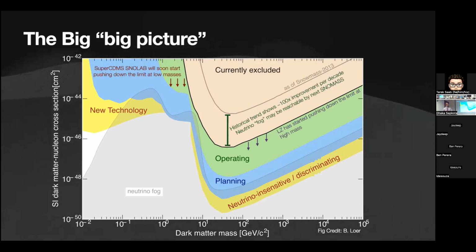I'm at the pessimistic end. This, by the way, 10 years ago, the same sort of process happened, and it shows you the rate at which the field has advanced per decade. The field is always advancing, but the parameter space, if you ask a theorist, is very huge. So imagine if you are able to go down from here to here in 10 years, maybe another 10 years will give you a similar improvement.